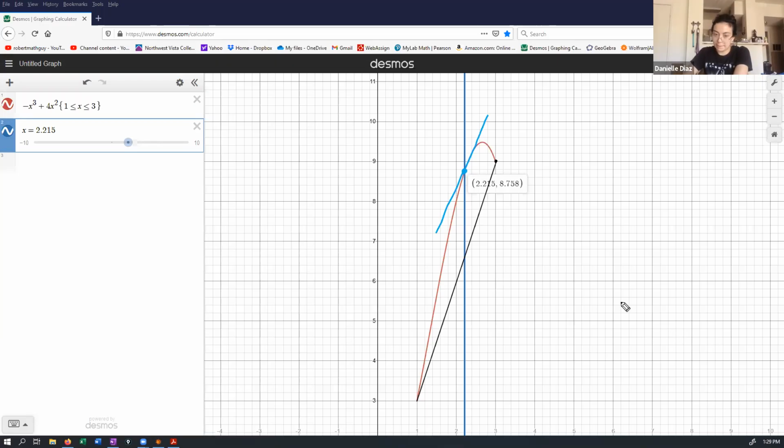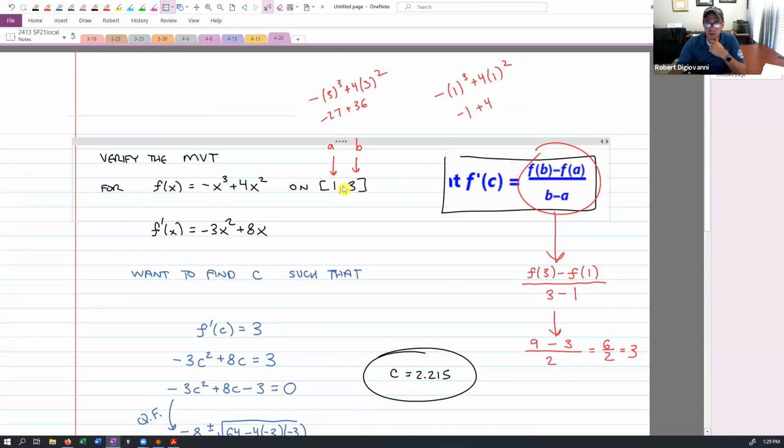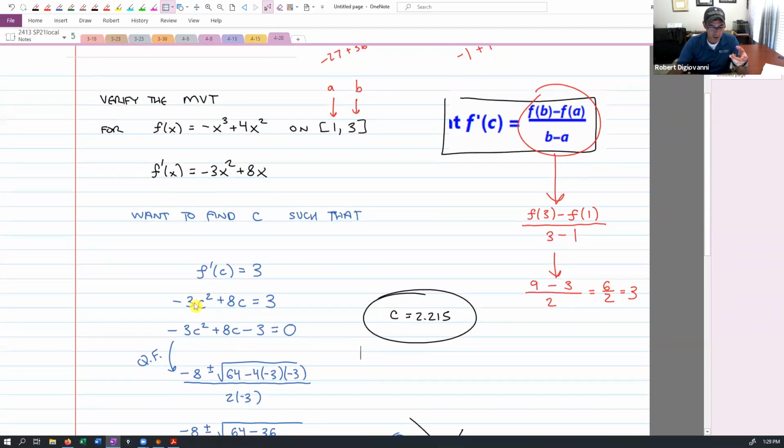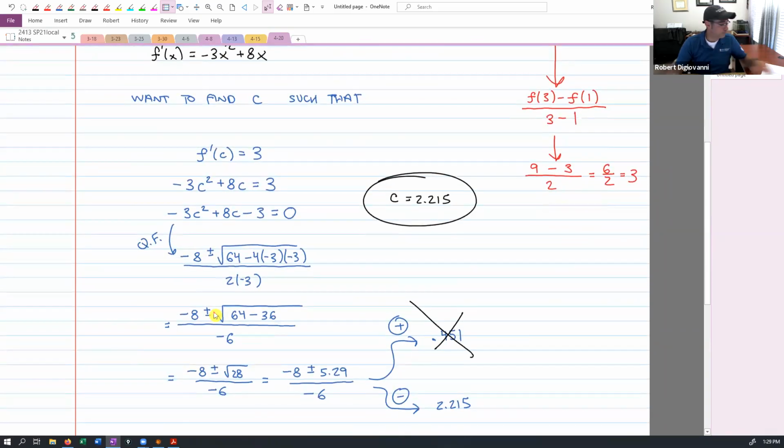Okay. So for the mean value theorem, just to recap, I give you a function, I give you a closed interval, and I ask you to verify the mean value theorem. So what you do is you first make sure it's a continuous function, then you take its derivative. You just hold off on that. You go calculate f of b minus f of a over b minus a, using a and b, the endpoints of your interval. That'll give you some number. Then you plug c into the derivative and set it equal to this number, and then solve that equation. All right?